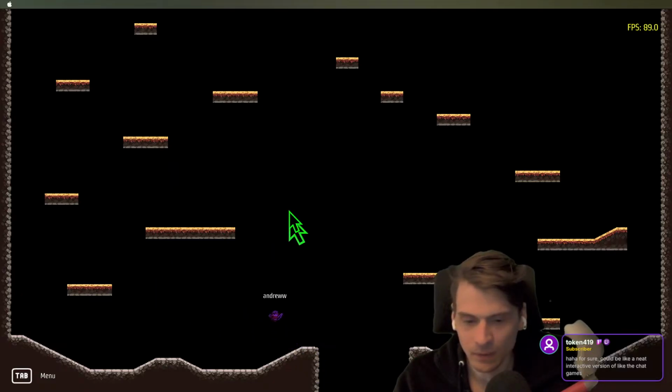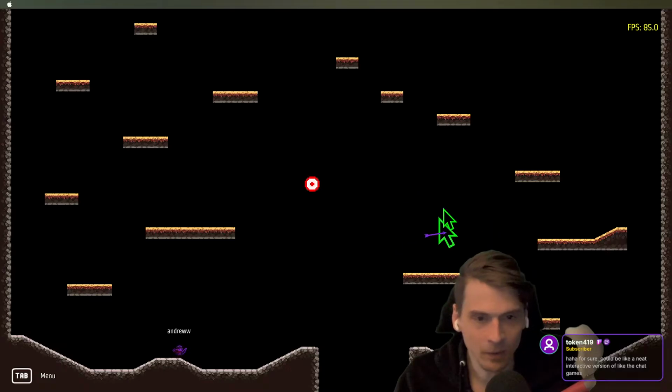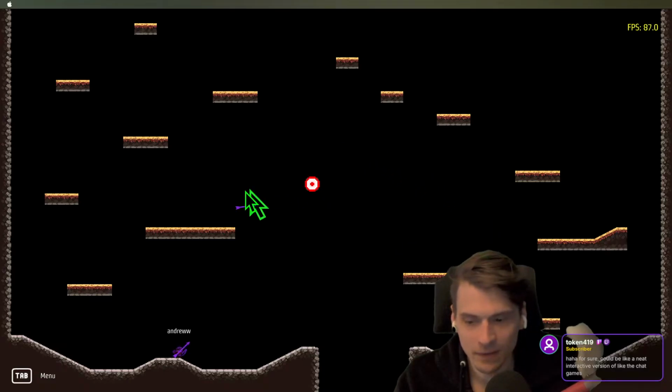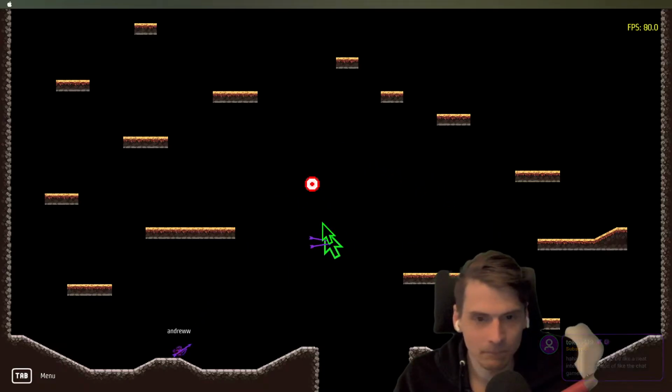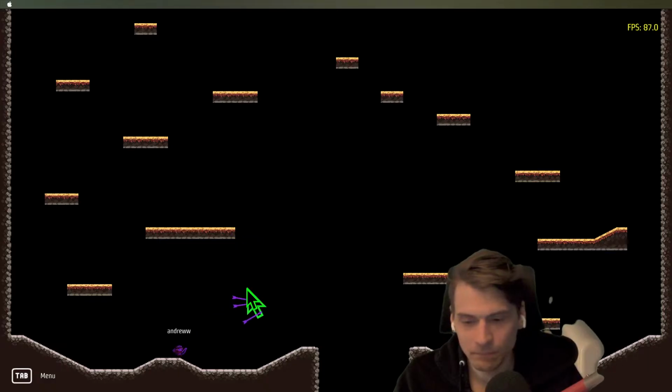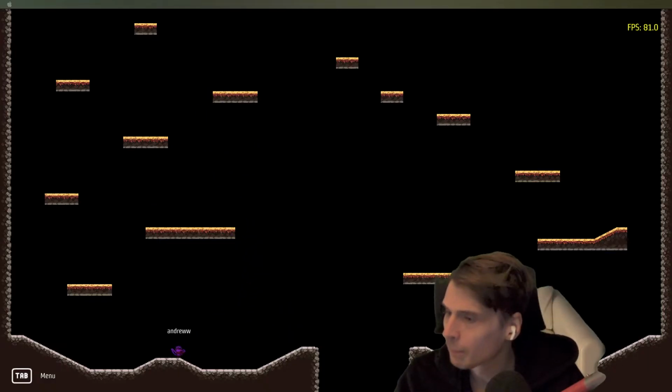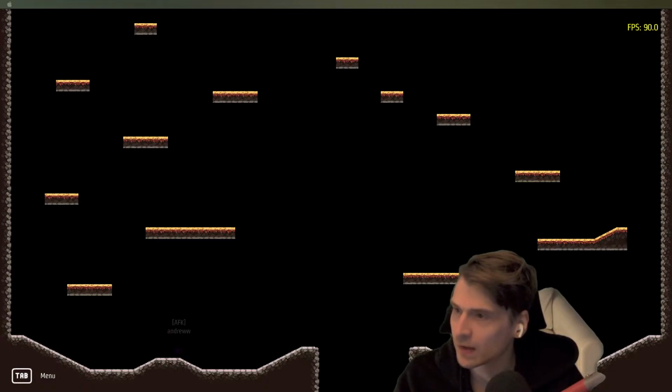So I can play it down in the corner, and then the other cool thing is I can catch arrows with my mouse cursor. And so yeah, I was making games for chat essentially that are more interactive, more interesting than